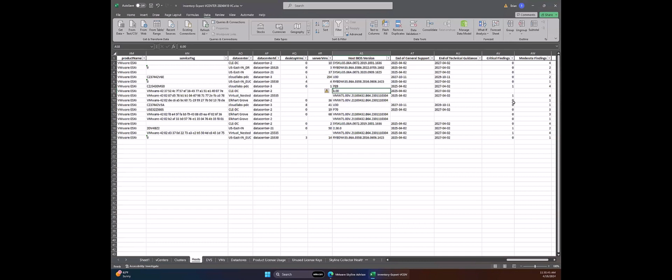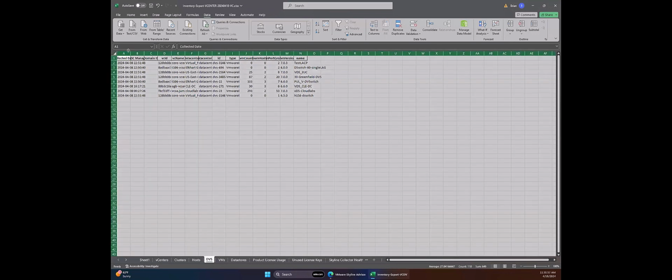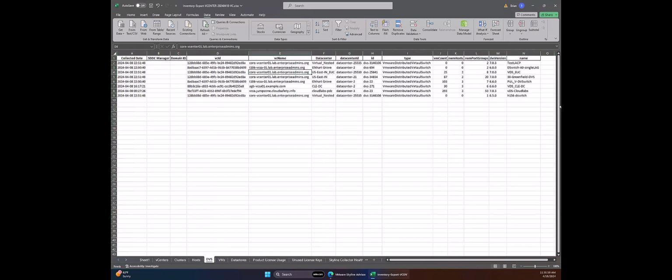All right, so that's host. DVS, distributed switches, right? Again, not all clusters or data centers are going to have one of these. We'll do some resizing here and get some generic information about where this distributed switch lives in the inventory and what the name is. One of the columns recently added to this report is the number of hosts, which is super helpful,